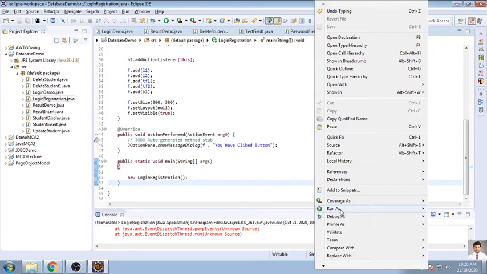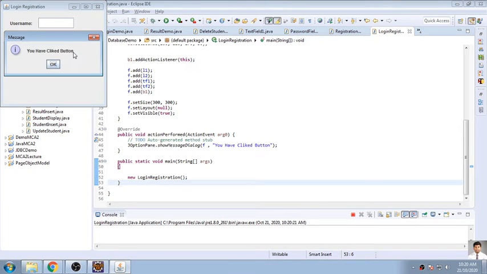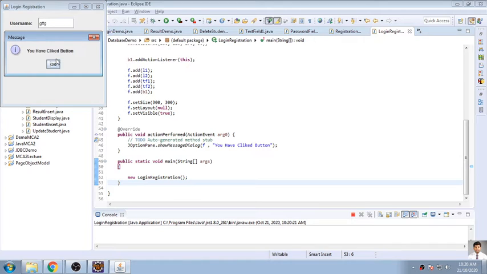It will run now, because it was not getting the frame object. So when I click on this, you have clicked button appears. Now you have to do database connectivity. If I write a username and password and say login registration, it will store into the database, and it should show me that your registration has been completed.